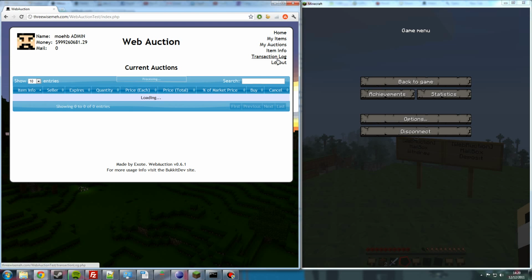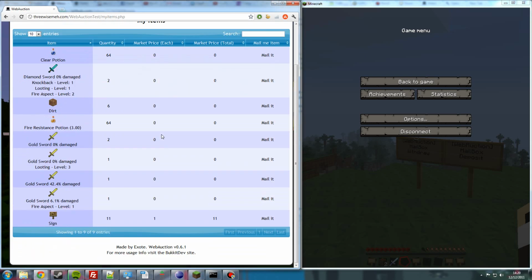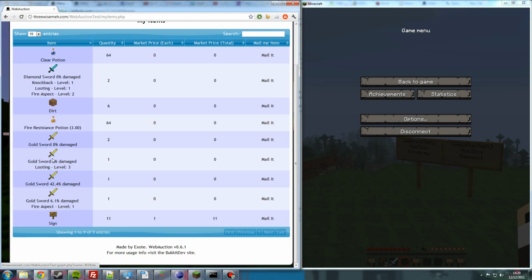You then have all these pages. Okay, my items. These are the items I currently own on the website. All sorts of fancy potions and enchanted swords. This will pretty much be testing all the enchantments and things like that, so you can see there's lots of,